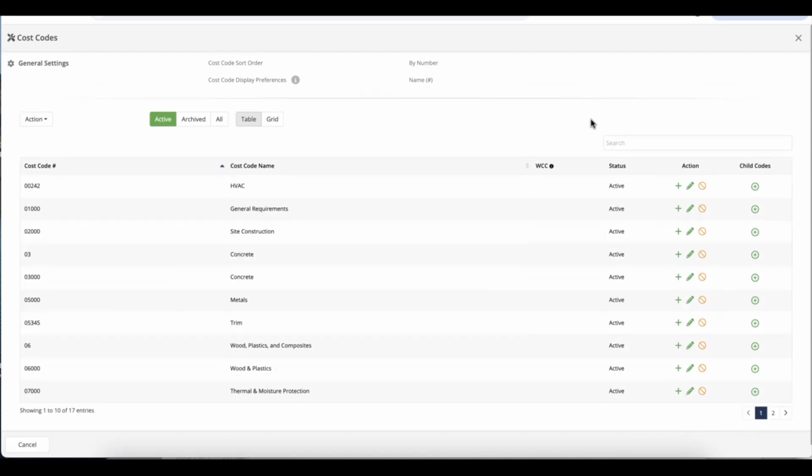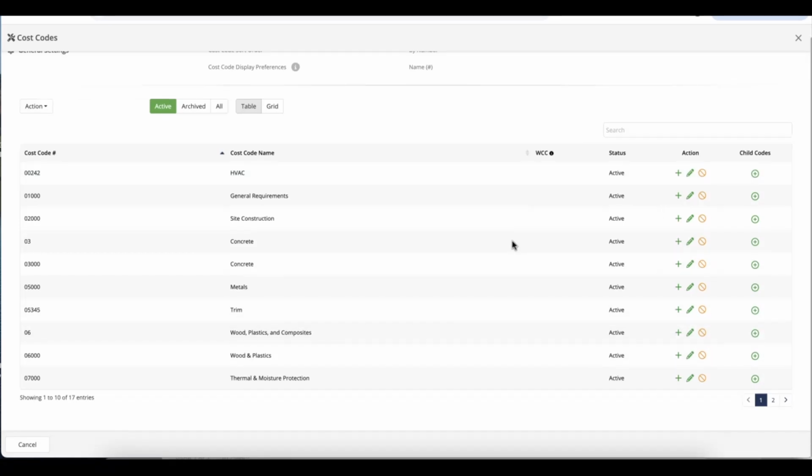You can filter all the cost codes via active, archived, and all. And you can archive a cost code by going to Archive on the right hand side. Please note, you cannot delete cost codes within Contractor Foreman. This is because if the cost code is being used in a different module such as bills or expenses, if you delete the cost code, it could mess up the financial reporting, and therefore we've only enabled archiving